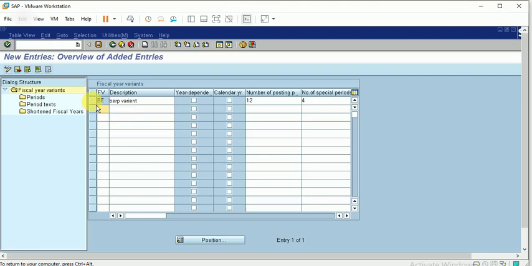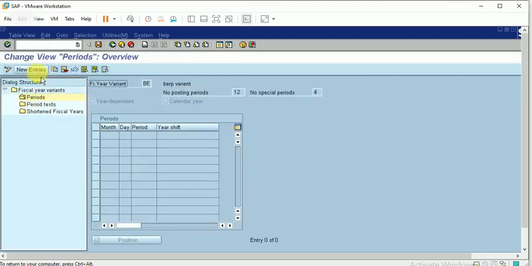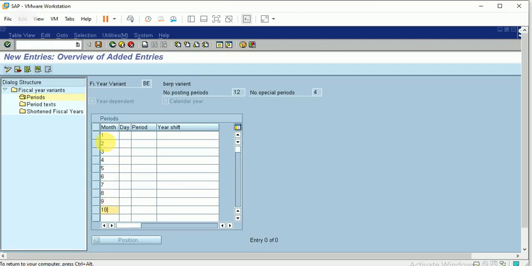Now I'm selecting it and clicking on Posting Periods, New Entries, first month. Then 4, 5, 6, 7, 8, 9, 10, 11.